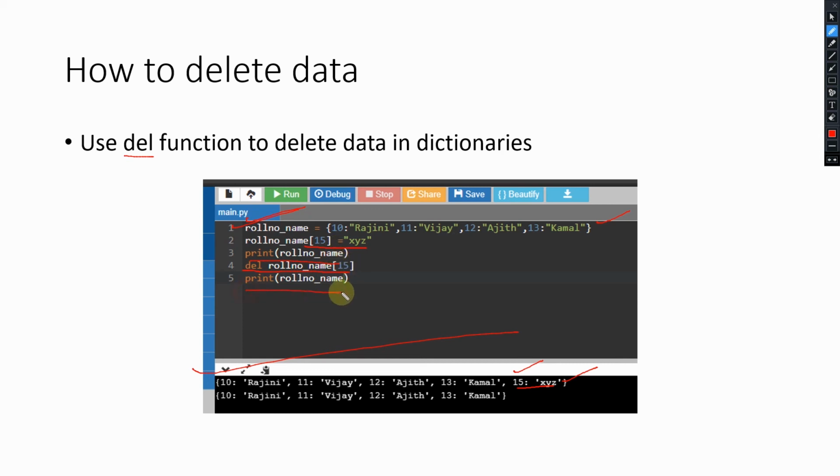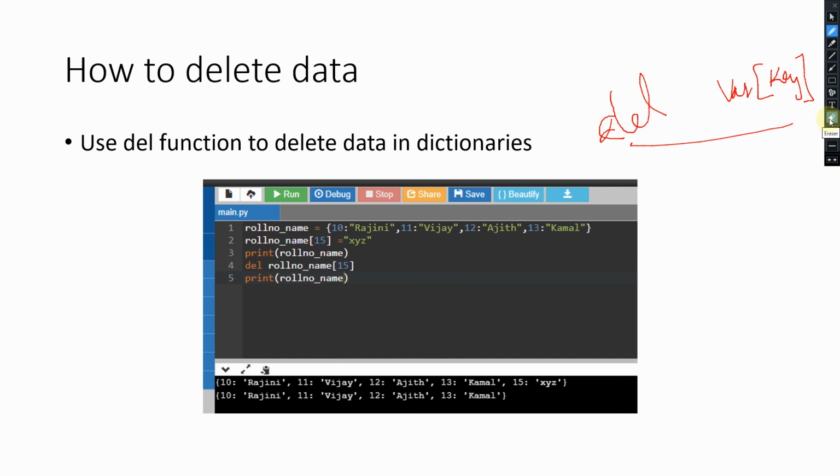After the statement is executed and printed, you see that xyz is not there. So this value is deleted using the function del. This is the syntax: del variable name and the key. So this is the syntax to delete data in dictionary data types.